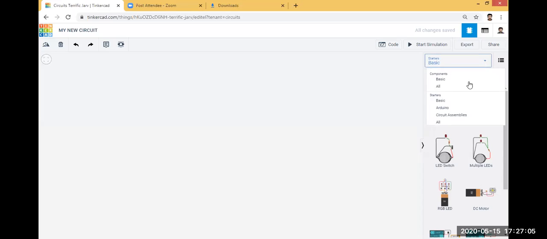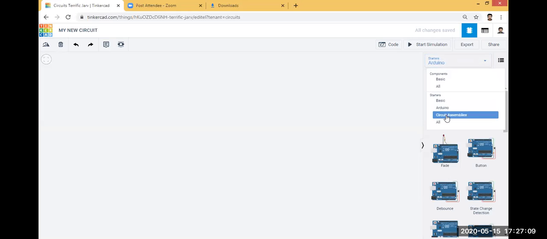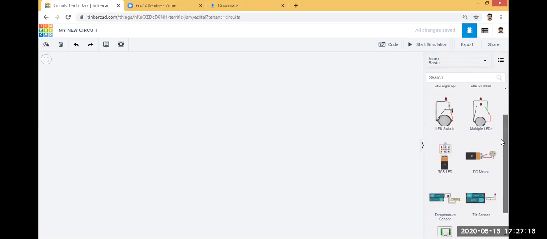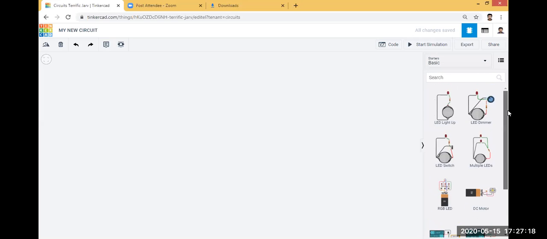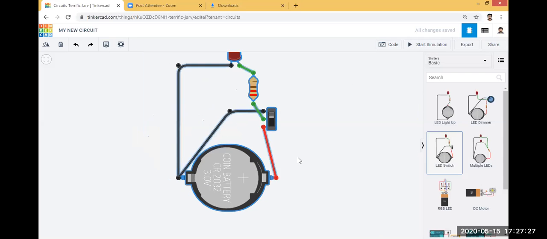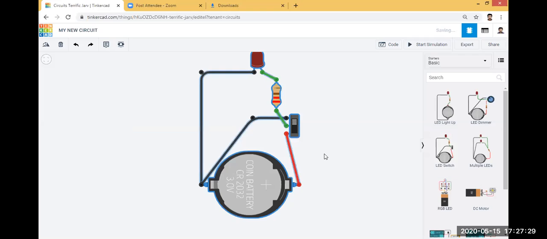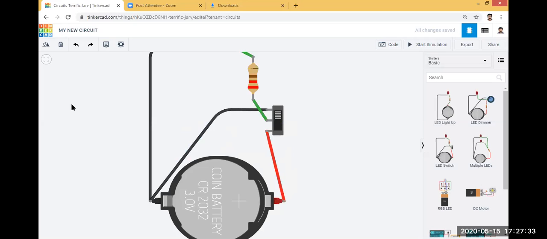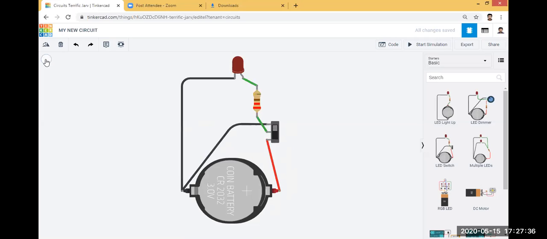There are three options: basic, Arduino, and circuit assemblies. First I will click the basic option. You can see these are some of the basic circuits already created and simulated. I will open the LED switch, just click and move it into the workspace. If you want to fit this object in the screen, click zoom to fit.